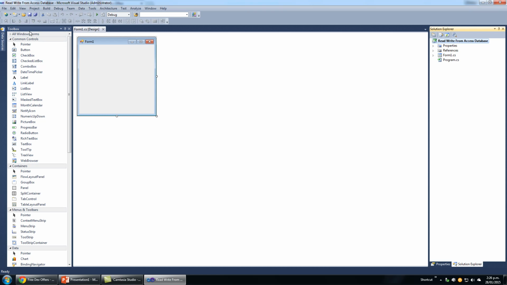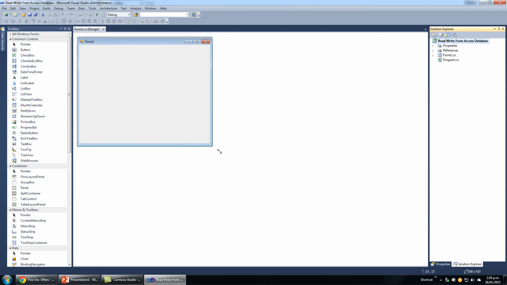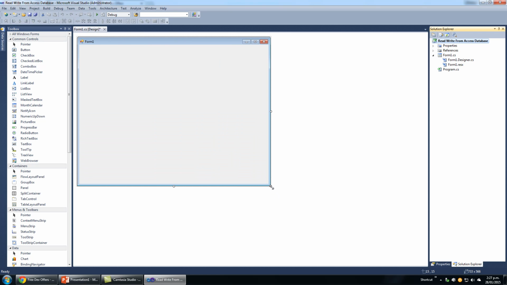If your user interface is different, use the Window menu or View menu to get all the toolbars required. For this tutorial I will be using the Toolbox and Solution Explorer. Now resize your form by dragging from the corner handle and drag a text box from the menu onto your form like this one, align with another one, and for this tutorial we will need 3 text boxes. Let's select them all and resize, and drag one button